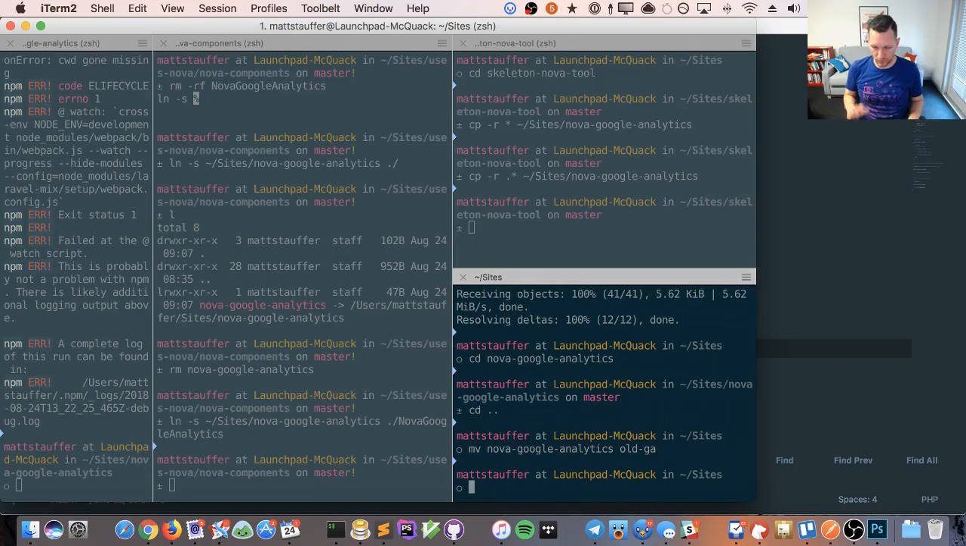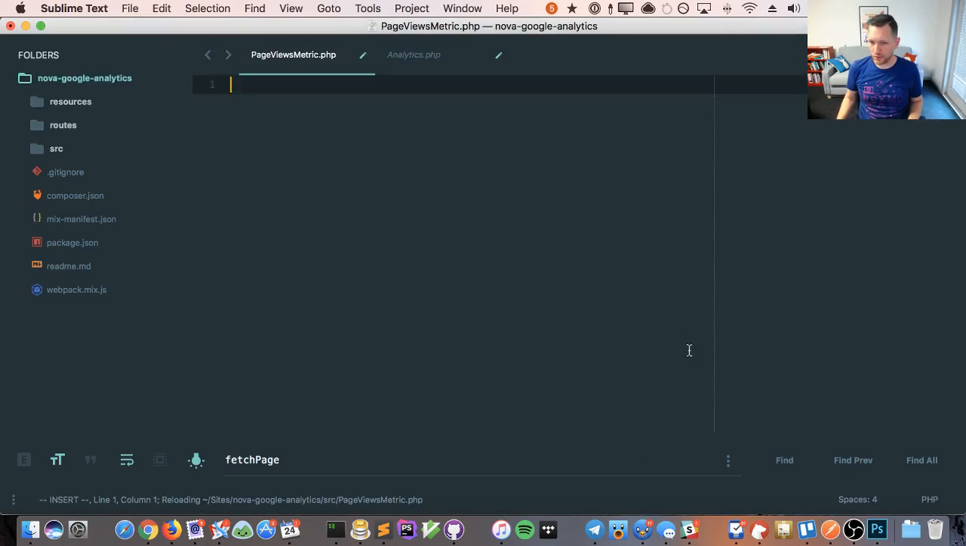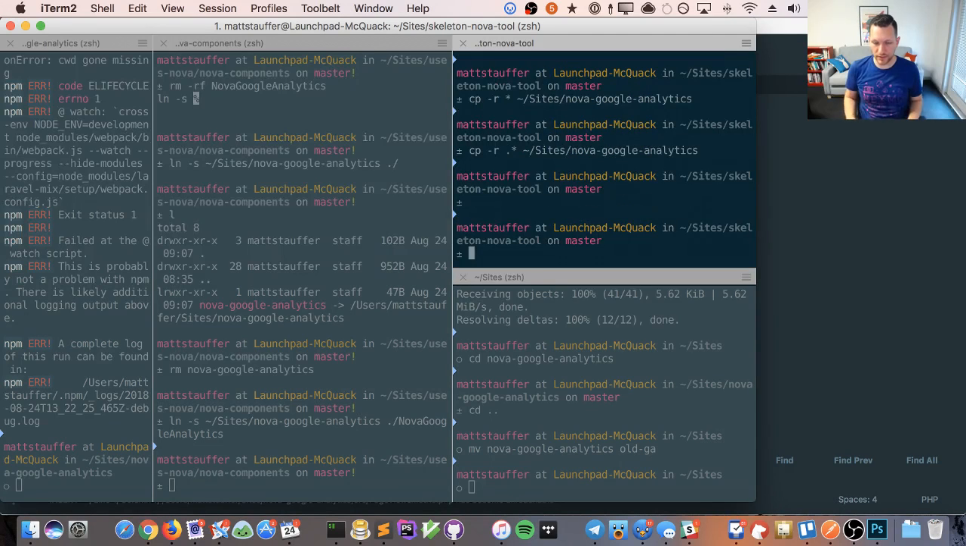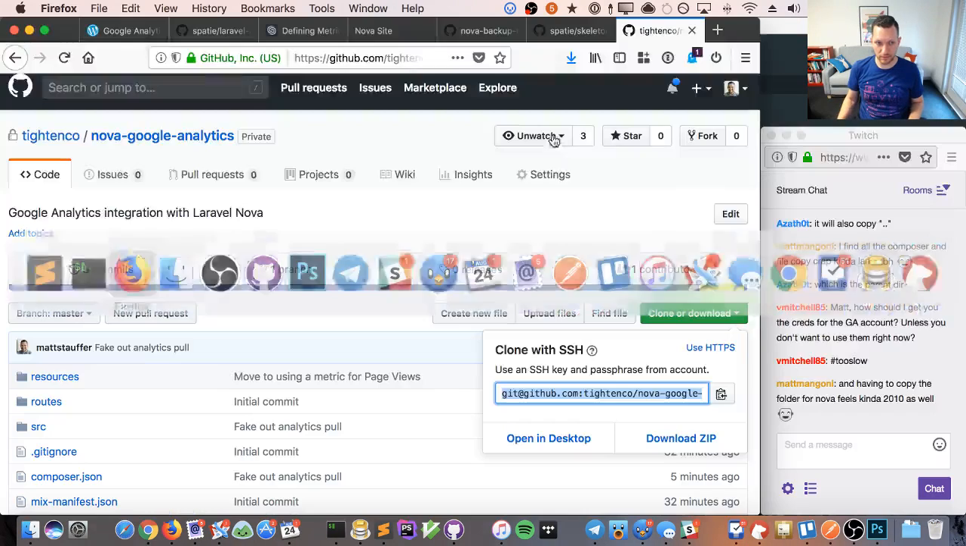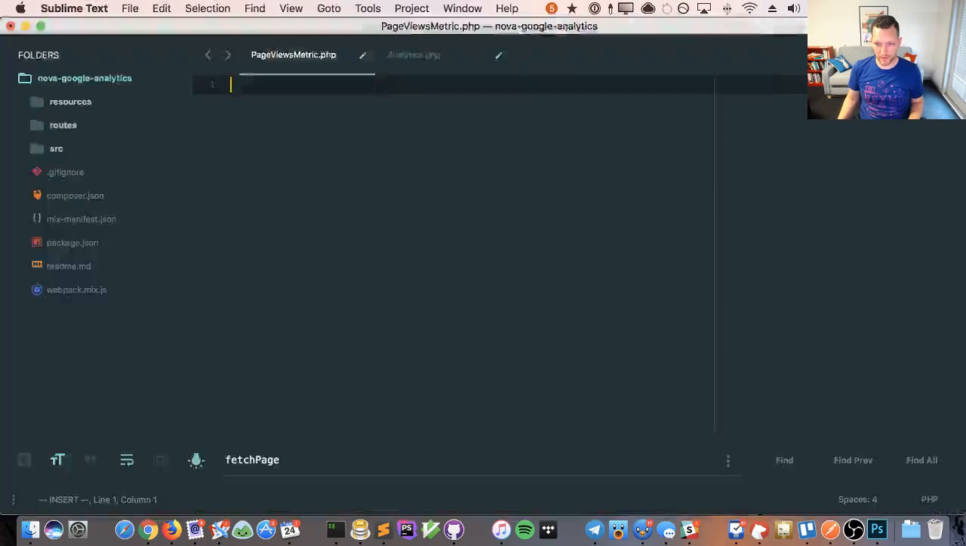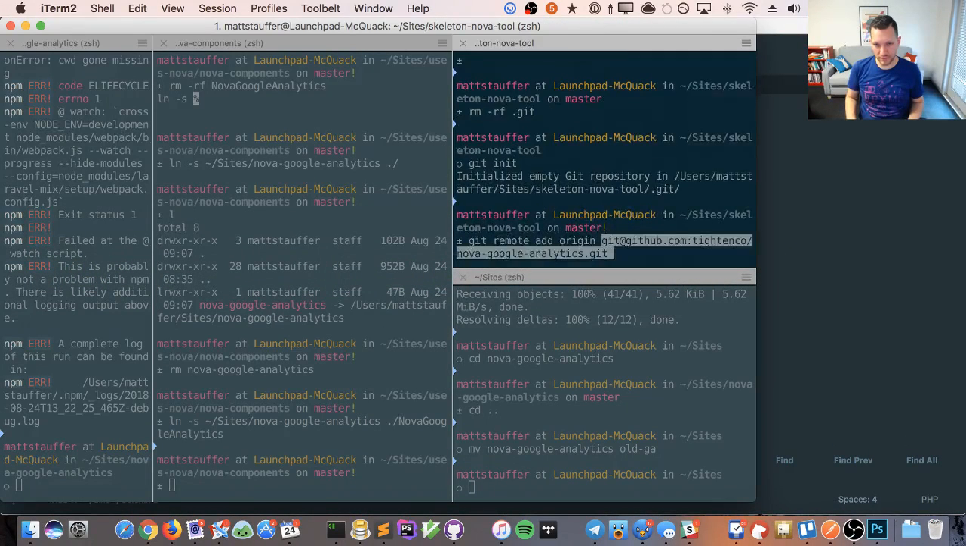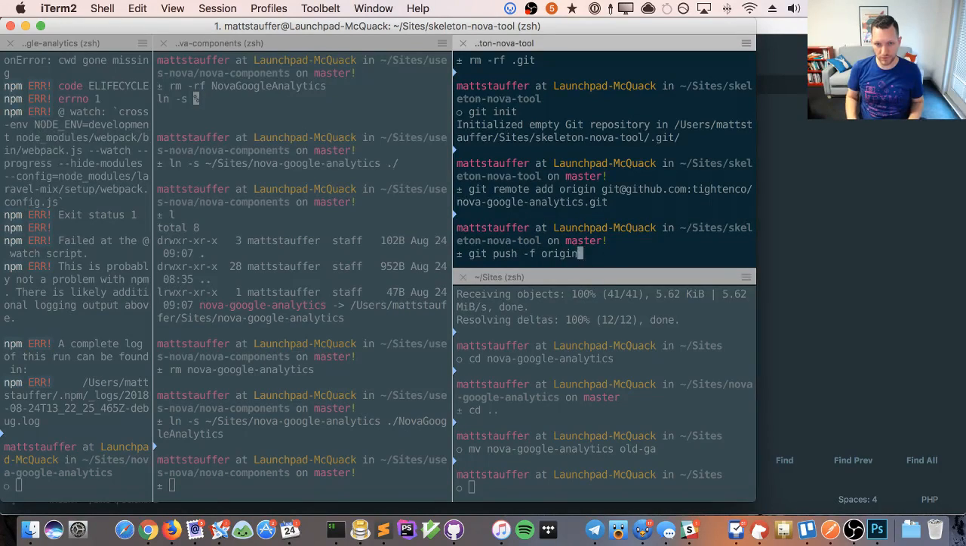All right, so old GA is the old one. We're now gonna clone the skeleton repo, which I think we already did. Skeleton Nova tool. All right, so here's my favorite way to do this. All right, we now have our skeleton Nova tool. We now git init, and then we now grab this. Git remote add origin this, and then we're going to git push force origin master, and